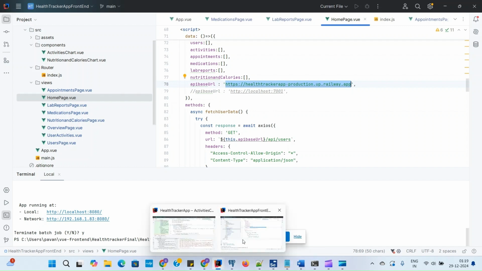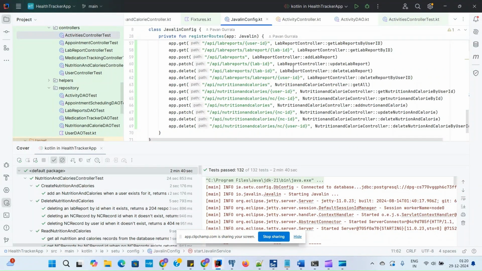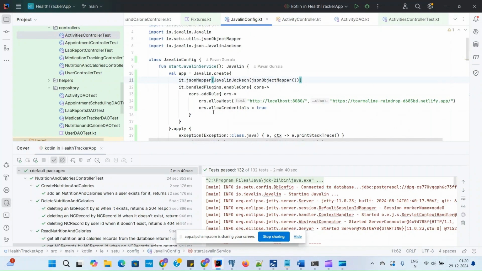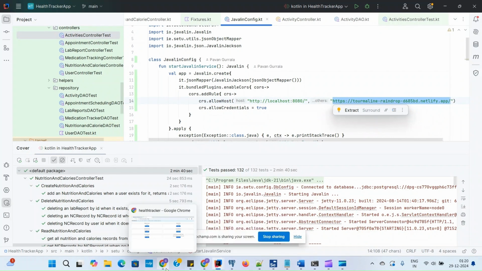In the backend, in the Javalin config file, I have enabled the CORS and I have placed the Netlify app URL over here so that the front end will communicate with the backend. Now let's go to the app,